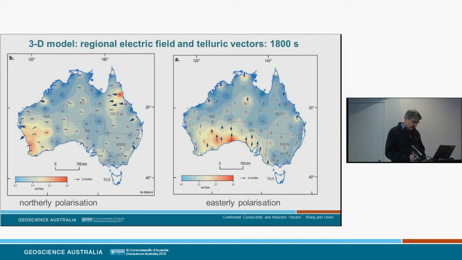But a real magnetic storm is not polarised in just the northerly or the easterly directions. It can have variations of hundreds or even thousands of nanoteslas across a broad range of frequencies, and it has spatial variability, north to south and east to west. So we applied our 3D model to progress from these hypothetical maps to reality by using real geomagnetic data to calculate the induced electric field.